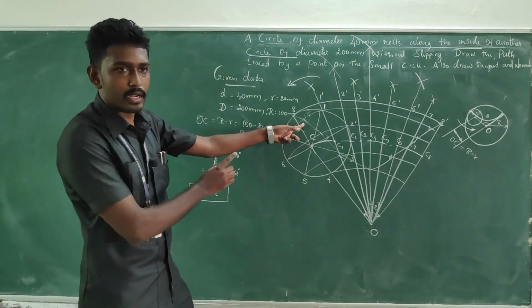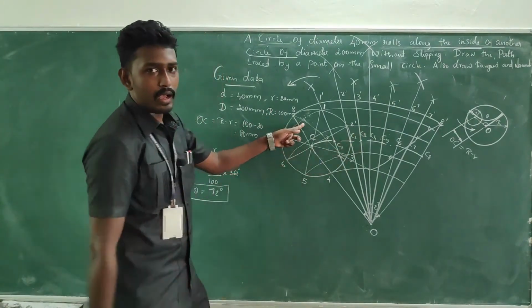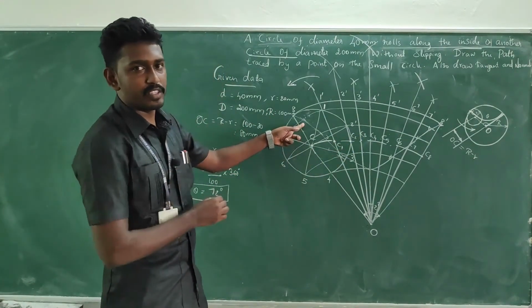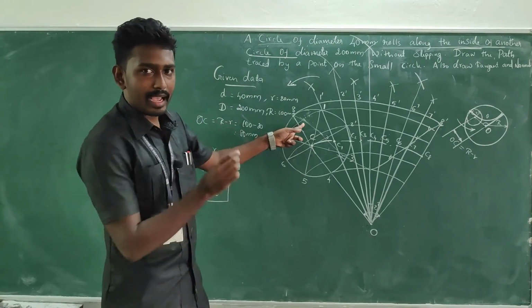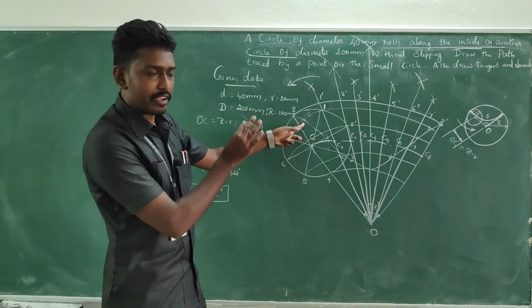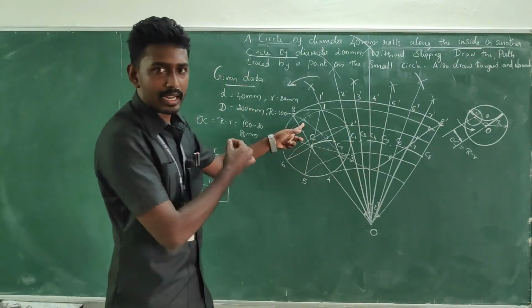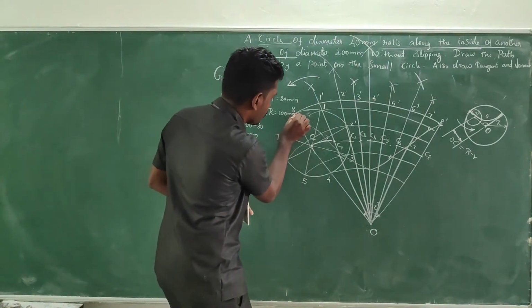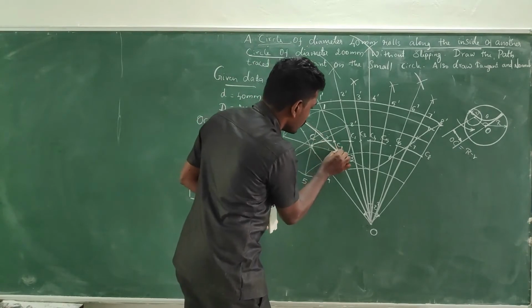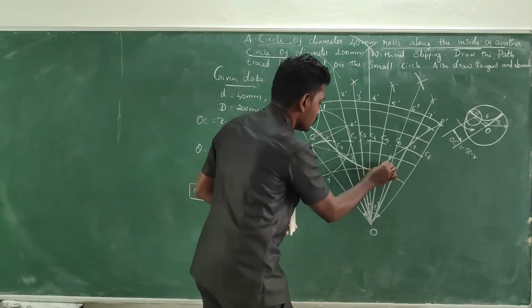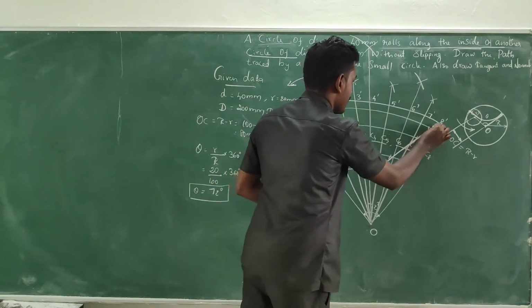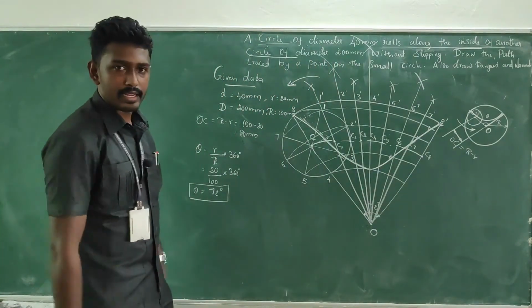First you must trace out the curve using a 2H pencil. It should be very thin, and just conclude it. And if you have confidence, you can go for an HB pencil and go for a very dark line. So I'm going with a dark line. With a smooth hand, trace out the same path. So we will get it like this.